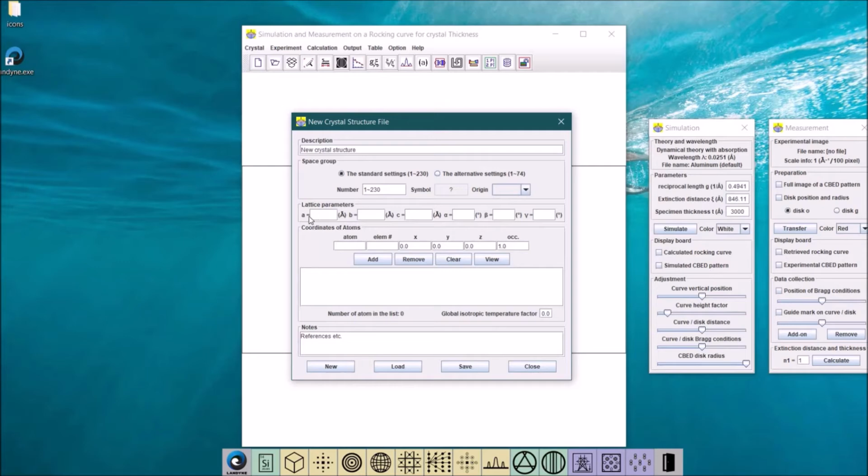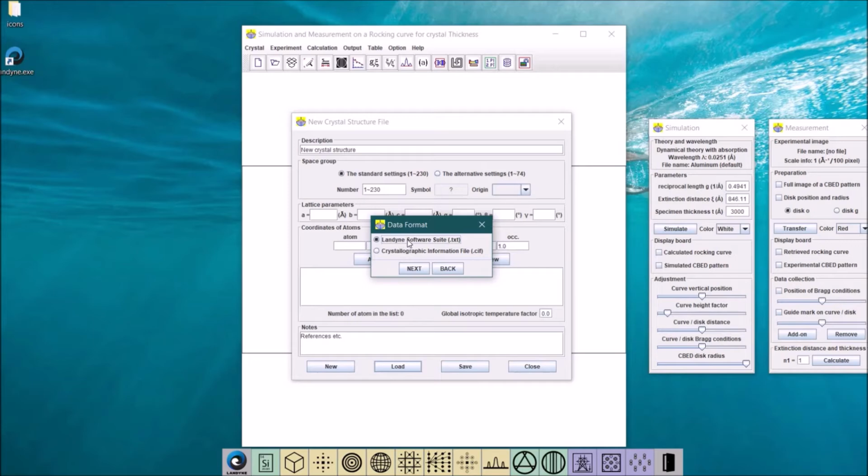If it's cubic, only A is available. Then add atoms. You can add or remove or make a change of that. You can view how many atoms you put in, and you can save the structure data to a file. You can renew the whole interface, or you can transfer the standard CIF file directly to the format used in